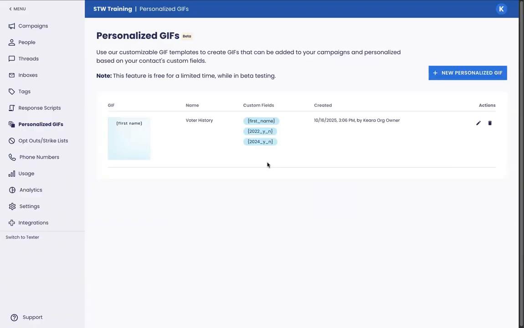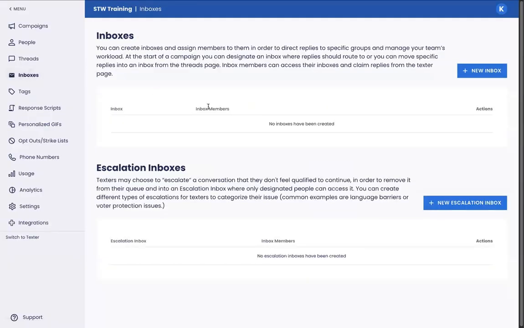Lastly, before I start sending my text campaigns, I'm going to set up an escalation inbox on the Inboxes page. This feature allows texters and other users in my sub-account to send conversations to designated users who are equipped to handle certain topics. This could be for voter protection issues if you have a voter protection specialist on your campaign, or for Spanish speakers if you have Spanish-speaking staff and volunteers working with you and you aren't already sending your